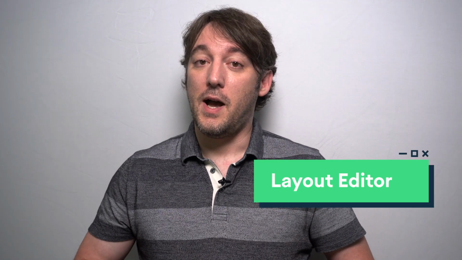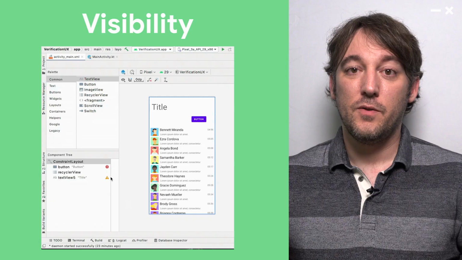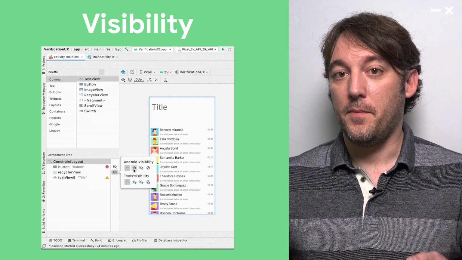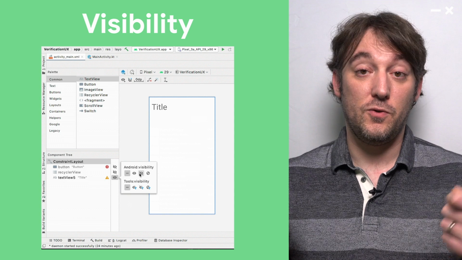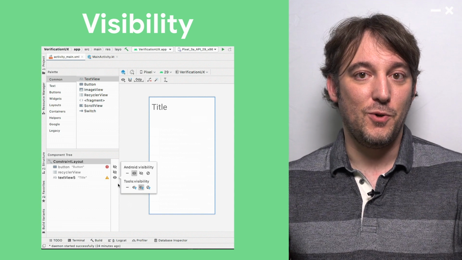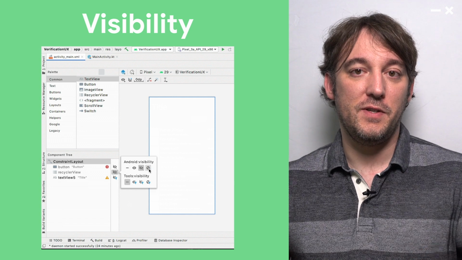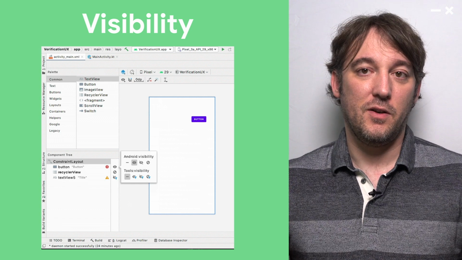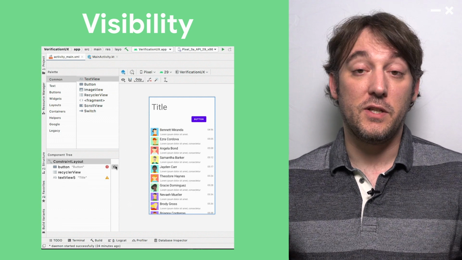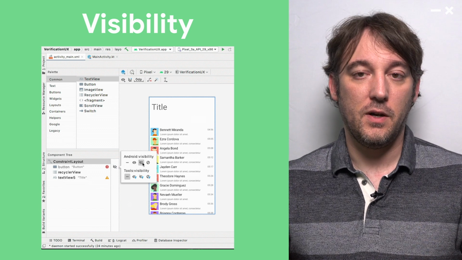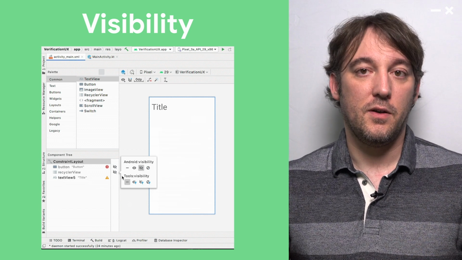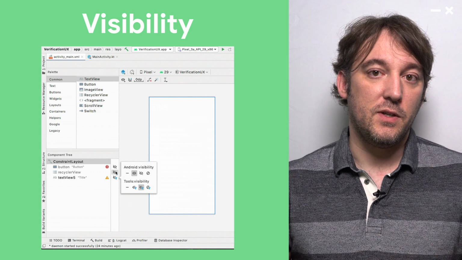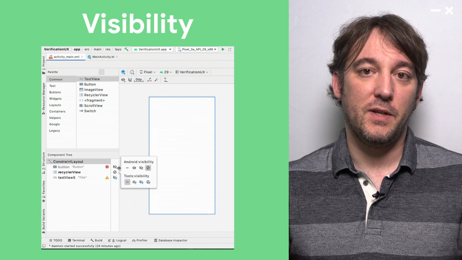The layout editor has its content of new features as well. First, we introduced a much nicer way of setting the visibility attributes. And it's nice because not only does it allow you to set the visibility that you know, but it's really easy to set the tools visibility. And the tools attributes are attributes that are only applied while you are editing stuff in the layout editor. So it's great if you want to have or test a set of values that works when you're editing your layout, but that may not be the same one that you're using on your real device, like visibility. So it's really easy to check the different behavior this way.